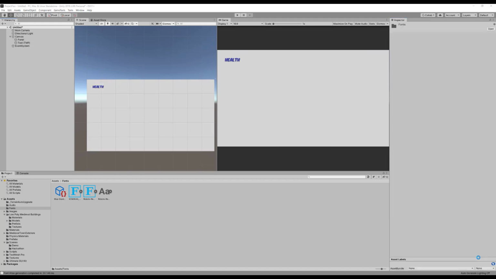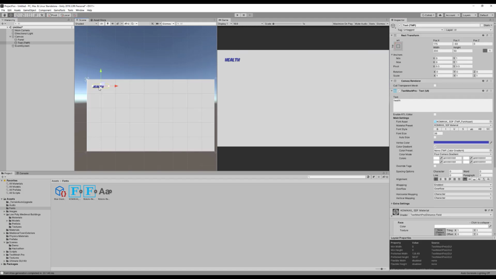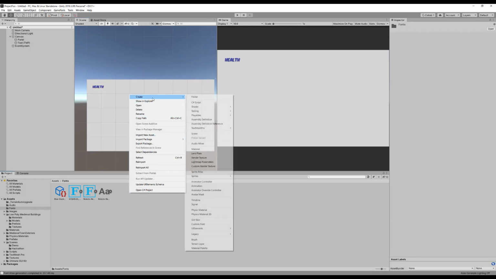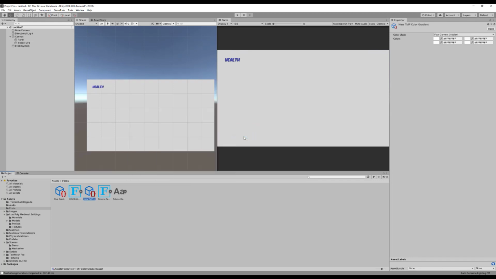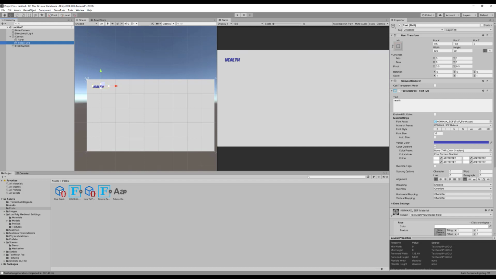And if you really want to do something special with your particular gradient, such as create a new one that you can reuse, which is cool, you can right click, go into create, and then under TextMesh Pro, do a color gradient, and then you can do your four corners color gradient or one of the other color gradients and reuse that gradient in multiple things. Now, as I said before, we already have a gradient created. This is a four corner color gradient, and we're just going to drag that one